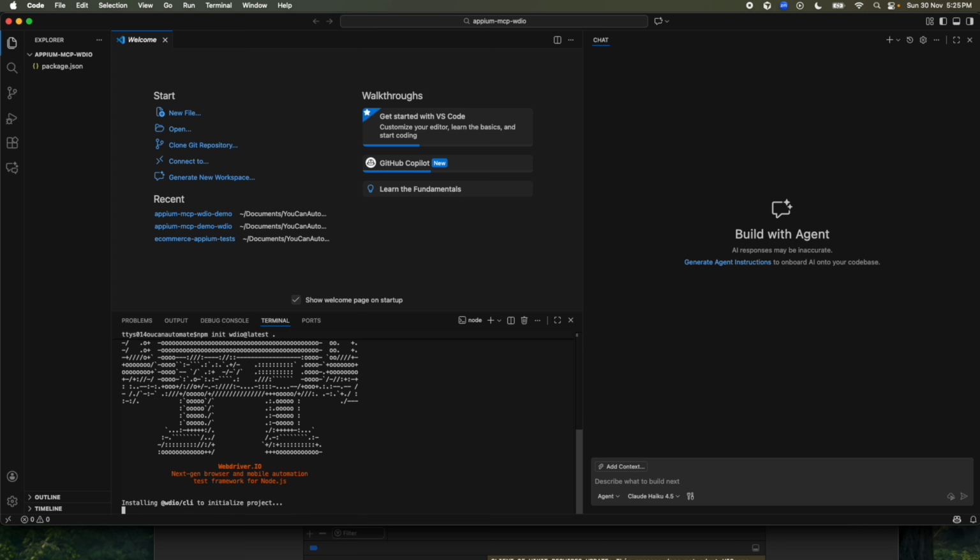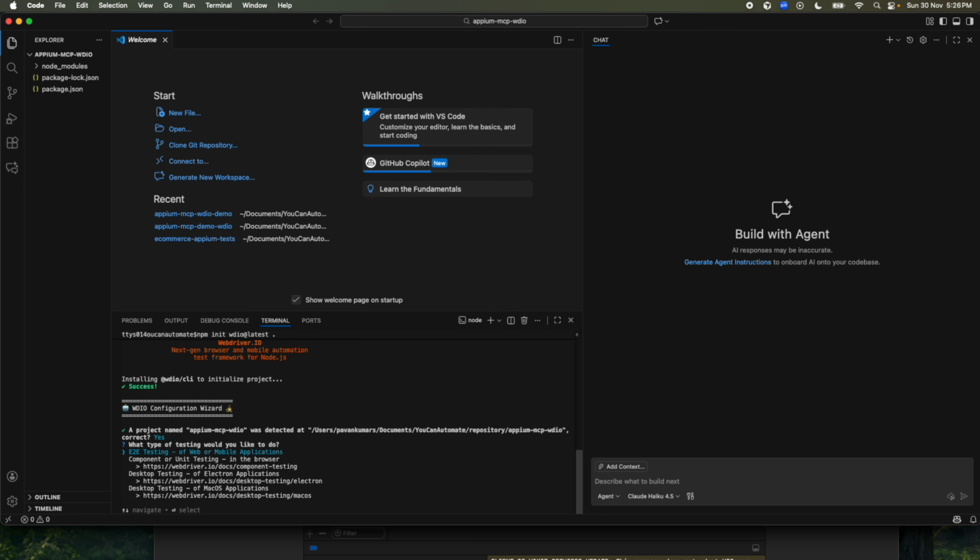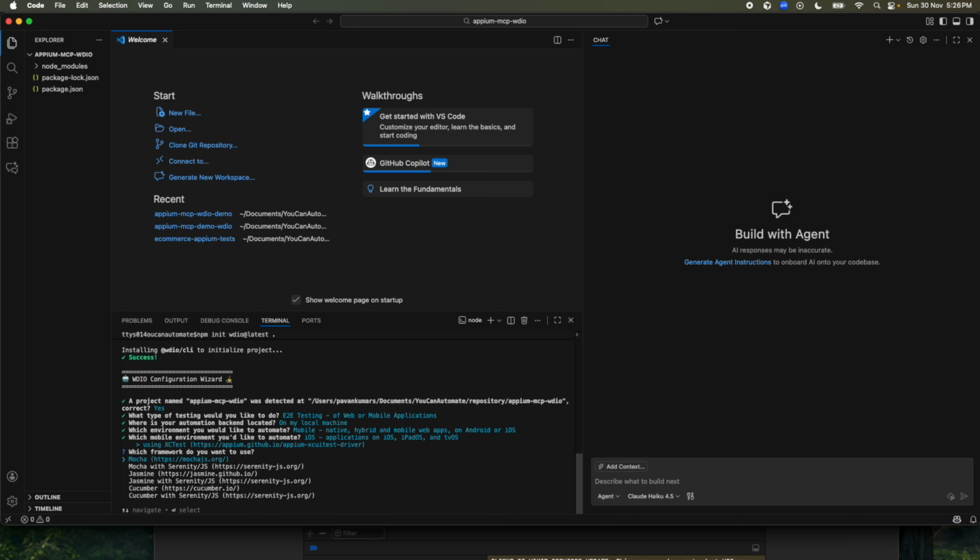It will start asking different questions to install WDIO, that is WebDriverIO. It is asking whether this is the folder you want to start the installation in, and here I am selecting web or mobile application automation, and after that I'm going to select local machine here, and then it is asking whether you want to work on web or mobile. Here I'm going to select mobile, and then it is asking whether Android or iOS. As I'm working on iOS, I'll select iOS here,